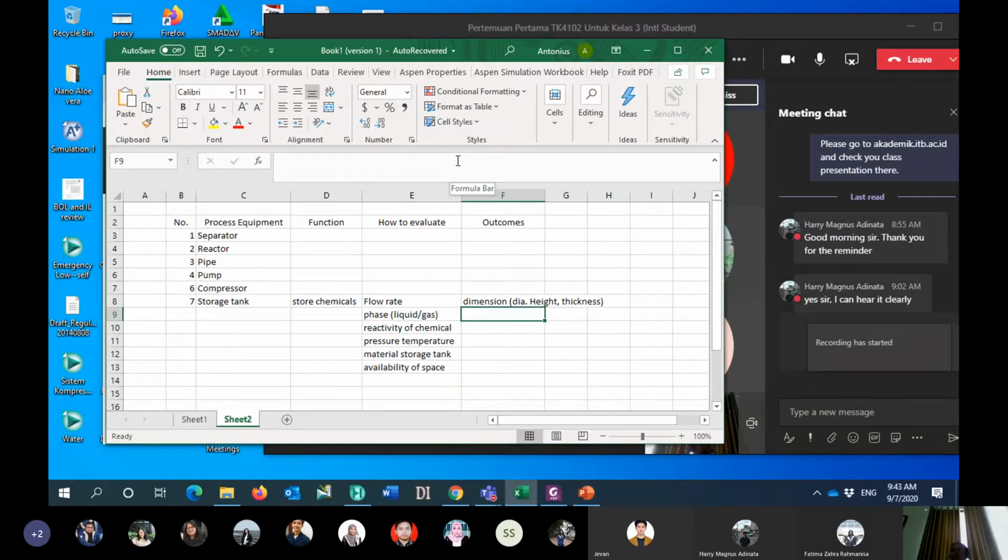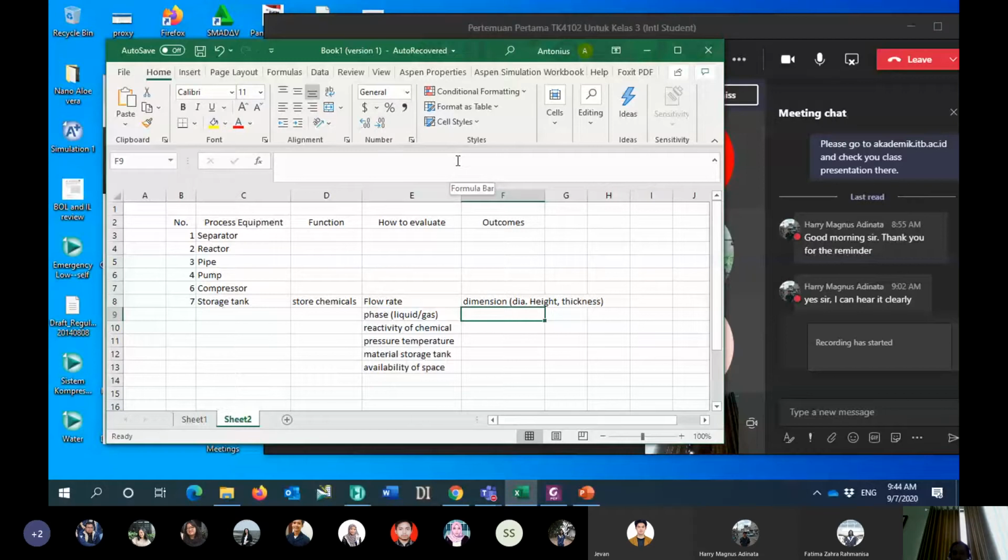In the case of diameter and height, when you calculate these two parameters, it will end up with the volume of the storage tank. Is it correct? So if you have a volume, you will have the diameter of the storage tank. For example, if you have your storage in a cylindrical form, the height will also define the volume of the liquid or fluid that exists in the vessel. So now, how do we define the correct diameter and height?